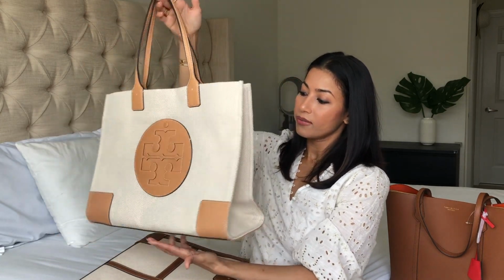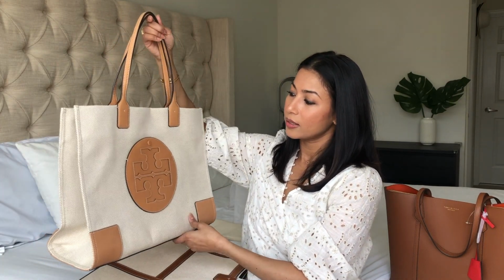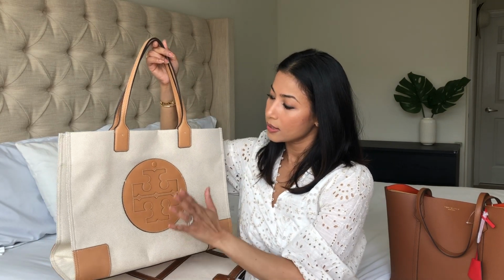So I love this bag. I think it serves the purpose for what I envisioned it for. I mean, obviously, it's in my collection. I bought it a few